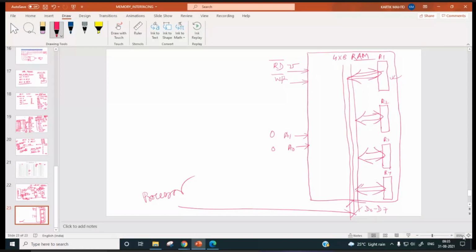Now suppose the processor sends address 01. What will happen? R2 will be selected, and if the processor puts data, say 3H, over here and makes write bar low, what will happen? Quickly.